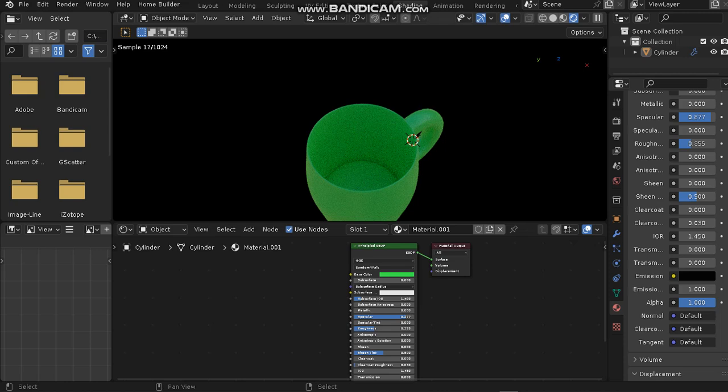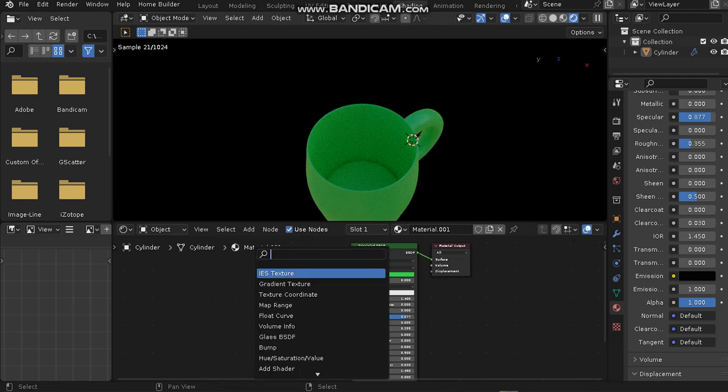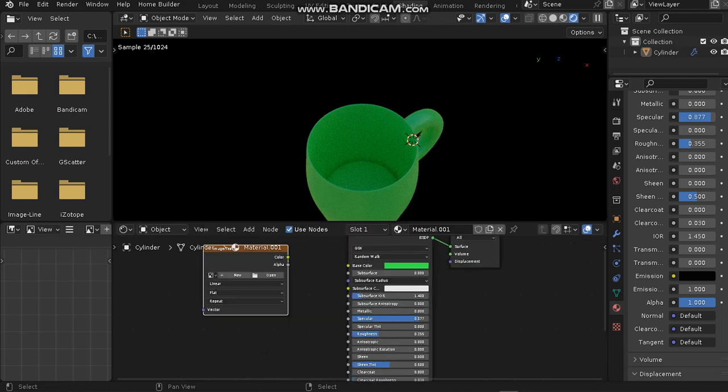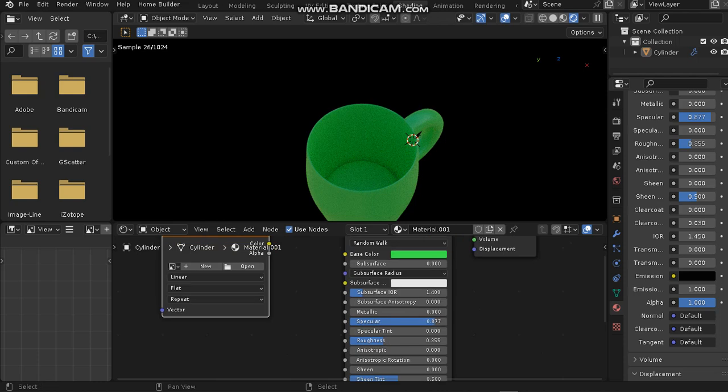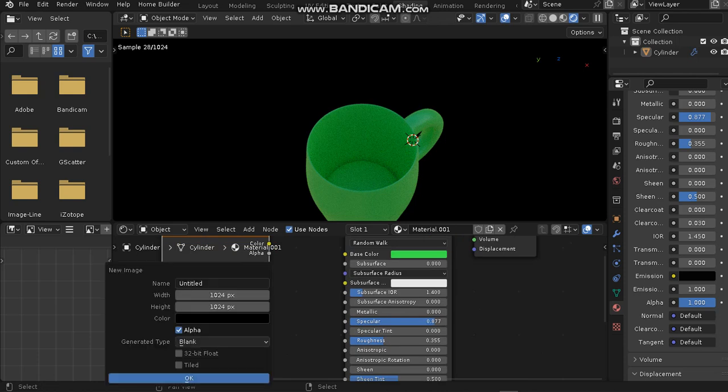I'm going to press Shift A and then search for image texture. This is image texture. Then click on it, and then let me zoom in. Now press on new, press on UV, type UV, and then